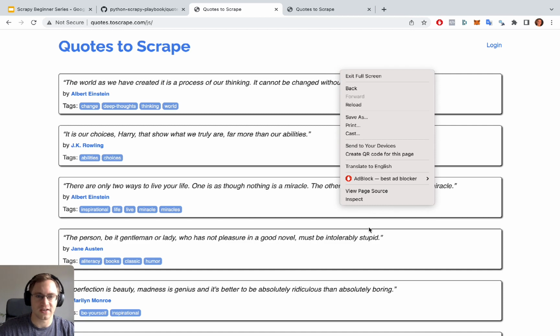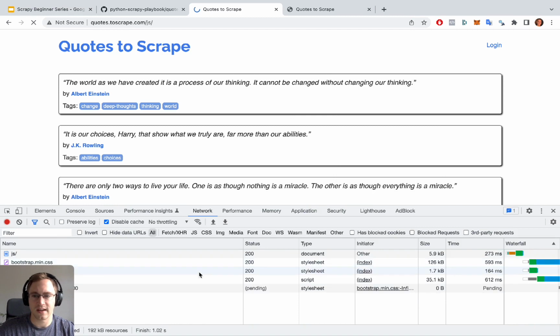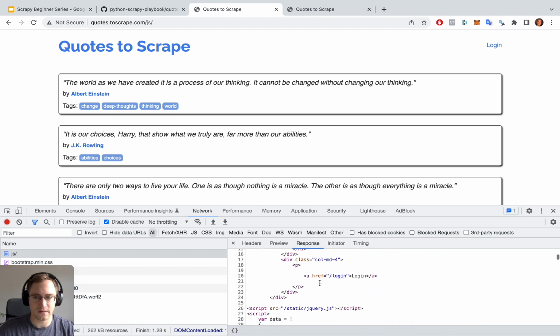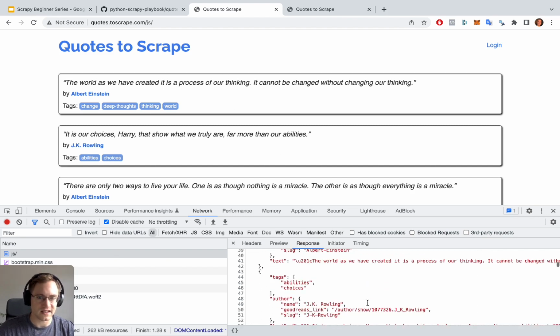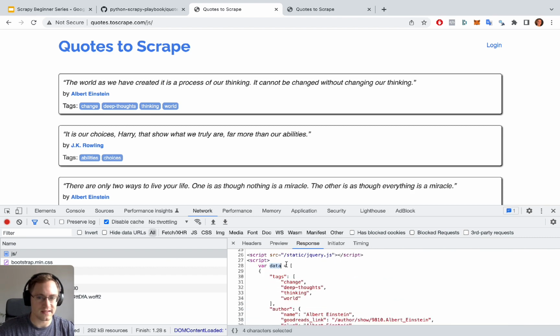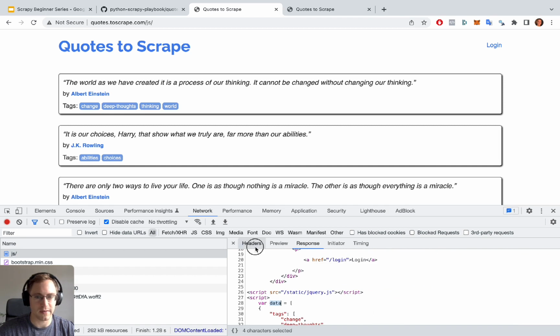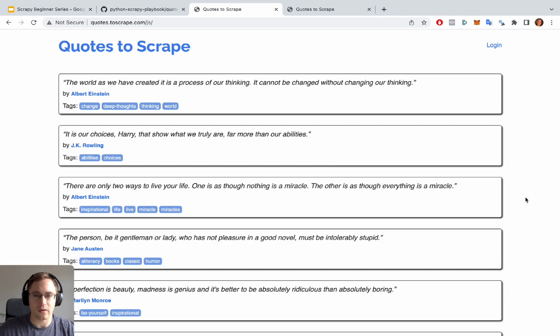So we can actually check out the console and see if we refresh the page. In our network tab, we can see the result here that comes back has no HTML in it. And if we look at the response of this request that came back, we can see that the quotes and all this data is contained within this data array, but it's all JavaScript rendered, so it's only rendered once the page is loaded in our browser. So that's the data that we're going to be pulling out,